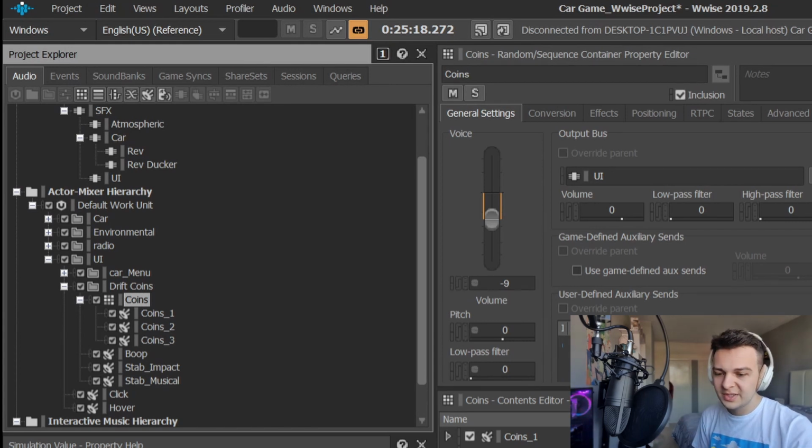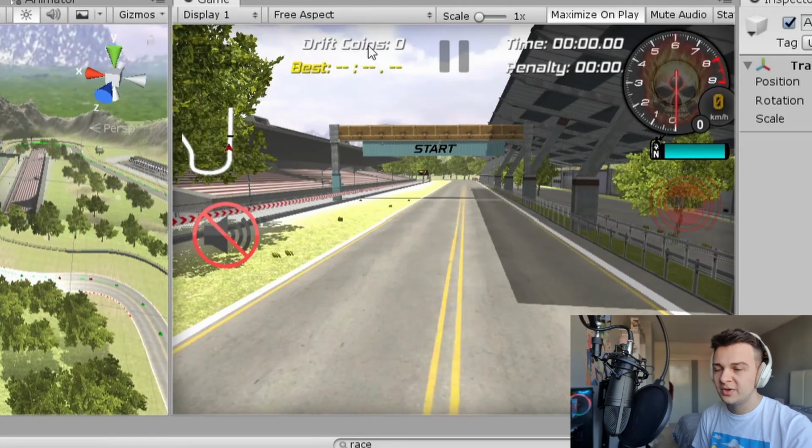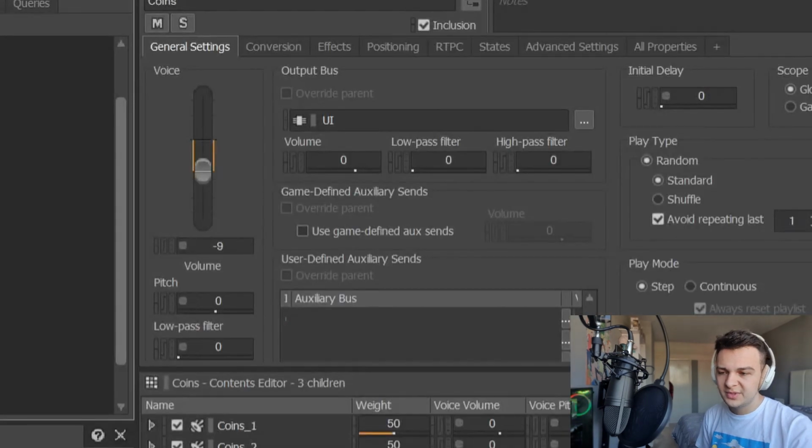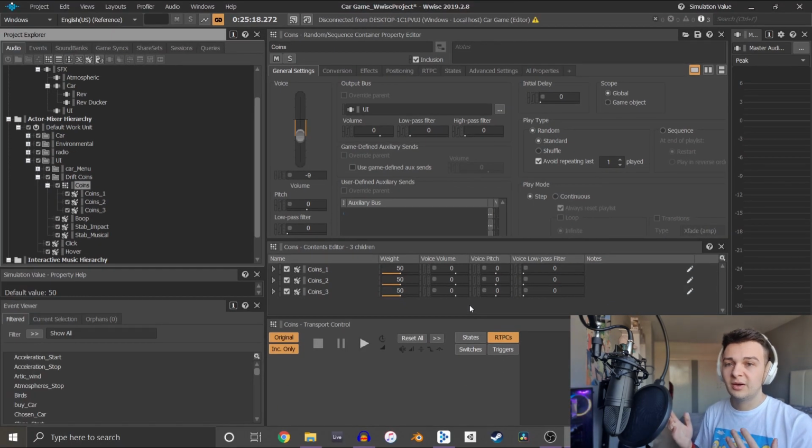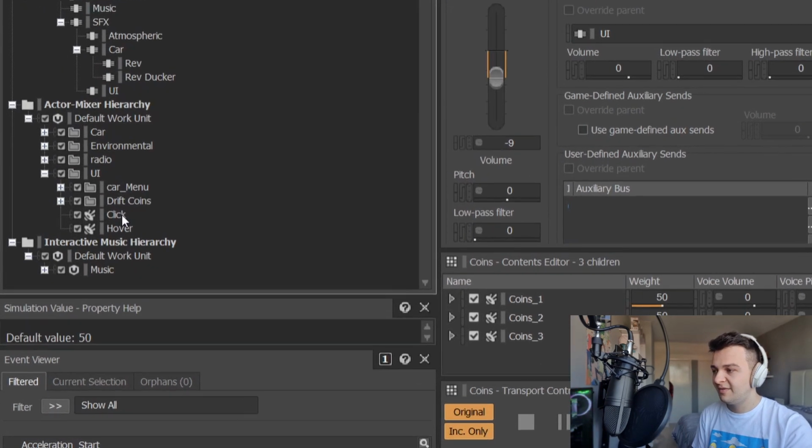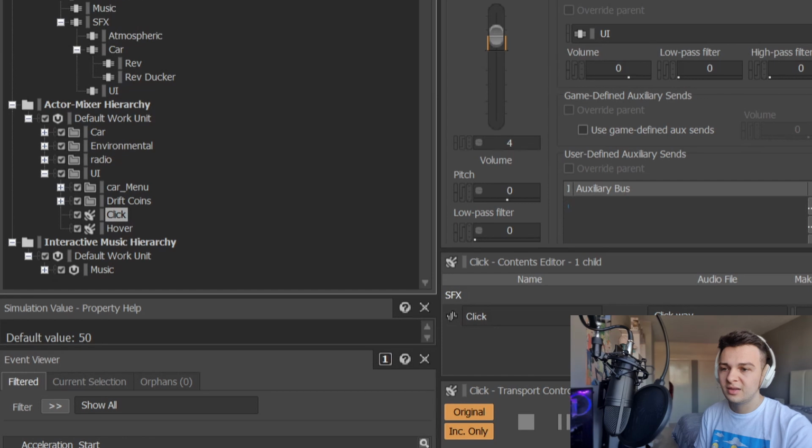But yeah, it's because actually in the game they are called drift coins. So I wanted to try and symbolise that coin aspect into it, because you don't see any coins at all. The only coins that you see are in the menu when you buy new cars and what have you. So I thought it'd just be nice to audibly show that they are actually coins, and that is how you earn the coin. Then just the last little things for UI are clicks,